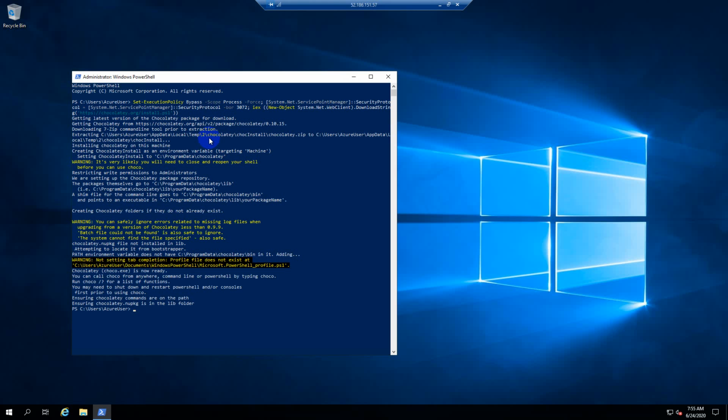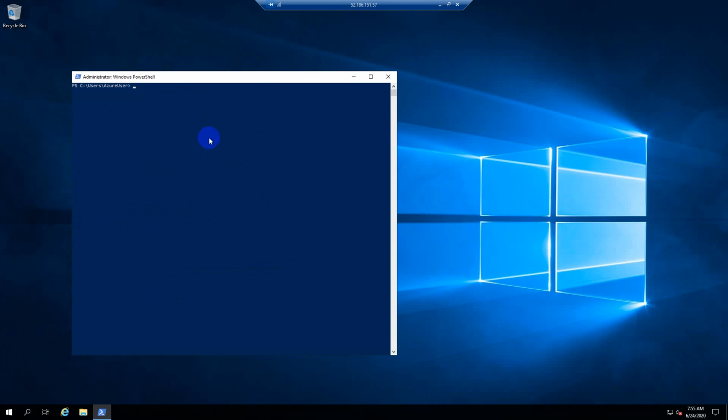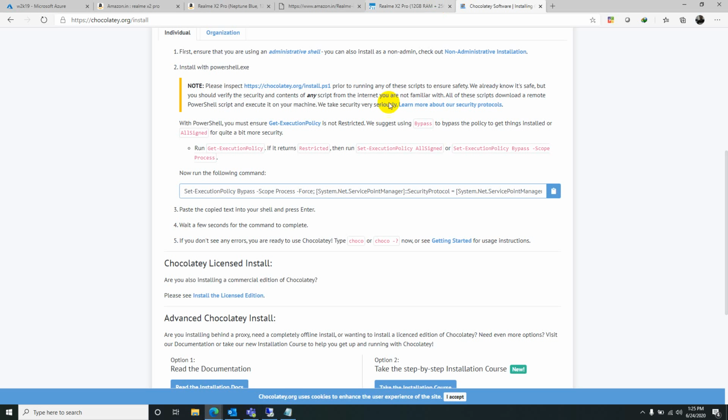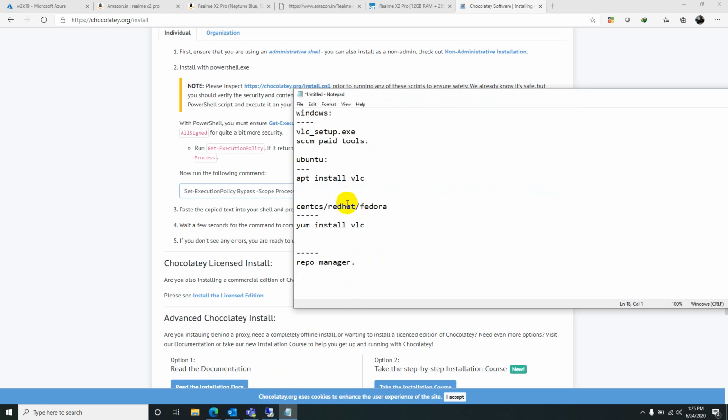Now it's installed. Just type clear to clear the screen, and you can see the choco --version command is available now.